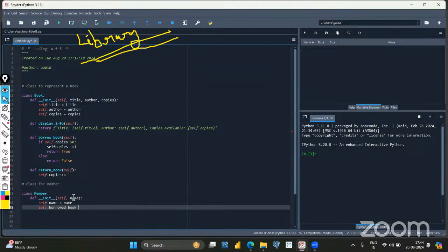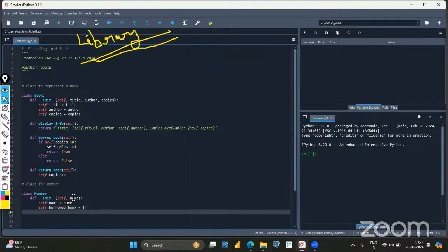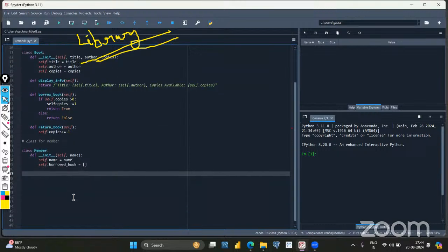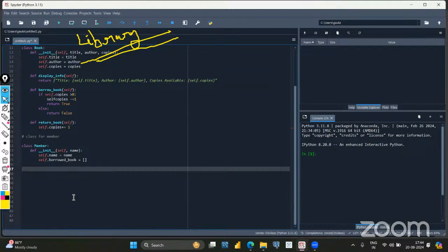Okay. And we will make it an empty list, because in the starting there will be no books issued by the name of the person. Suppose you are just registering to the library, so you will not have any record of them, like you didn't borrow any kind of book, so your name should not be there, it should be an empty list. Now we will create a def function